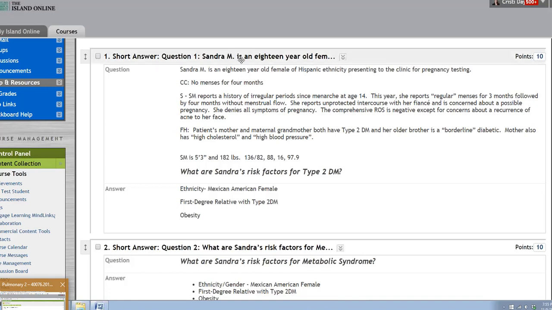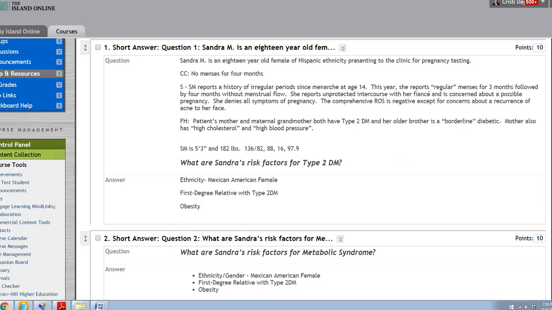Looking at Sandra, the first question is, what are her risk factors for type 2 diabetes? She's coming in, which a lot of people do, for problems with their menstrual cycle. A lot of times they won't have had a period in 3 or 4 months, 6 months, and they don't know if they're pregnant. They're at risk for pregnancy because they've had unprotected sex. So they wonder if they're pregnant or want to be pregnant, and that will bring them in. But then you find all this other stuff.